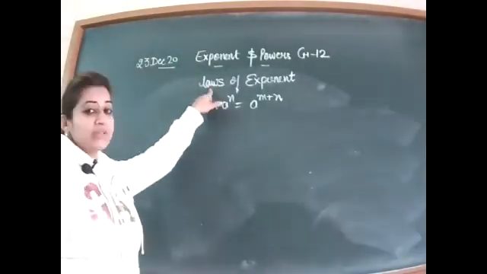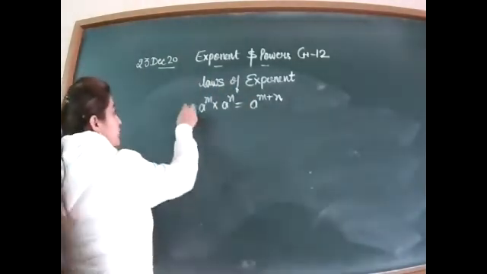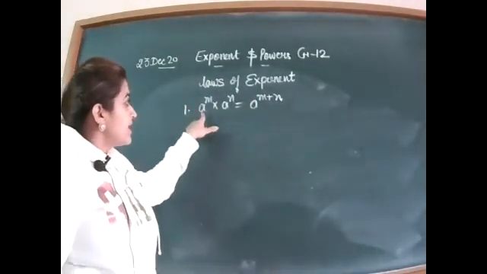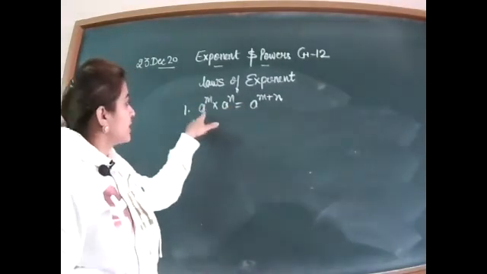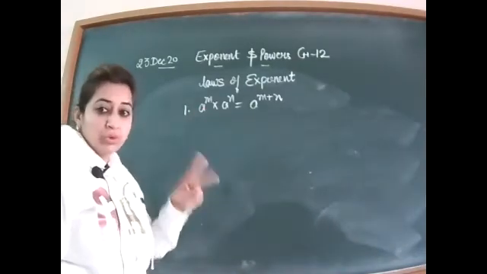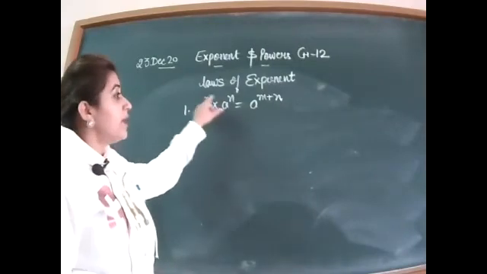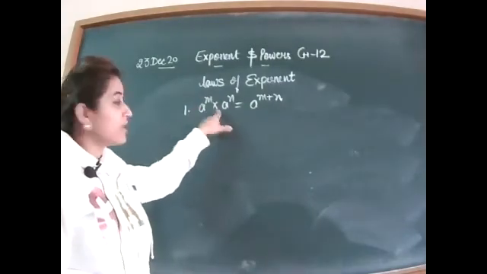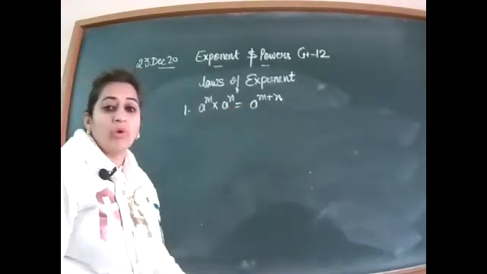Now, let's start with the next topic, that is laws of exponent. In this, I have written the first law. A raised to power m into a raised to power n will give you, as you can see that base are same here. So if the thing is given 2 times, you will write it 1 time. So I have written base as a and the terms are multiplying, so the power will be added.